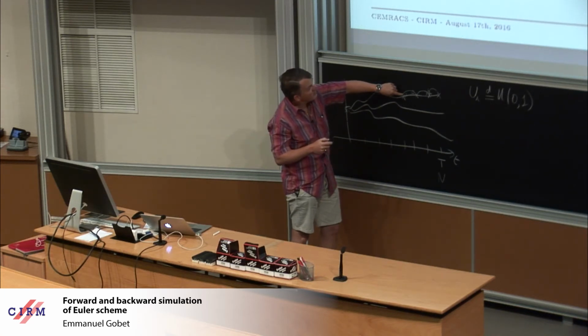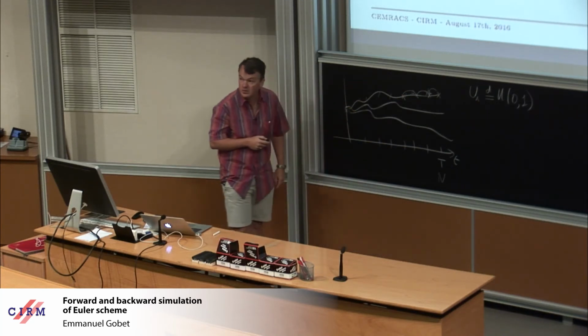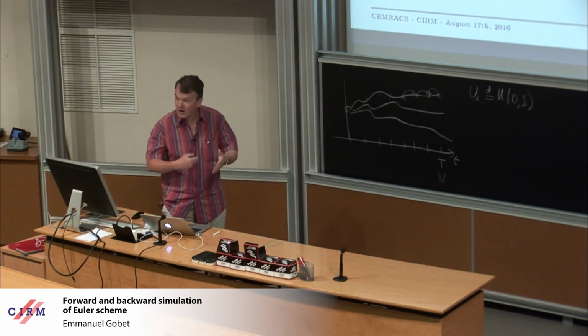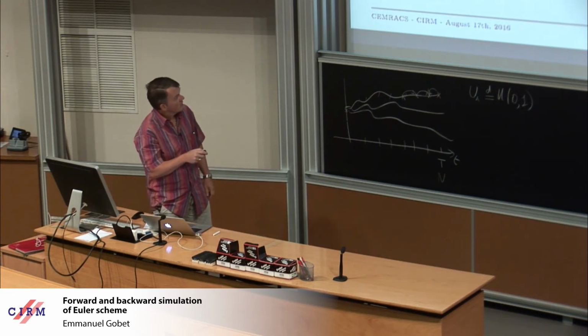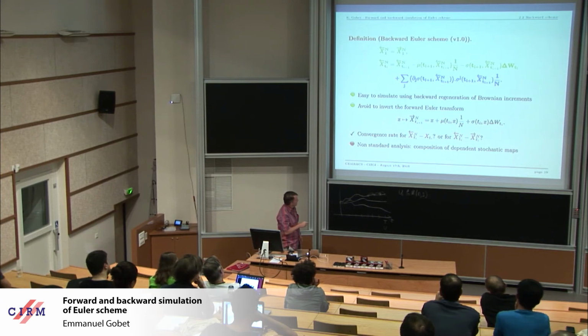But in fact, it is a bit complicated because here the Lipschitz constant of this function is random, because of the Brownian increments. So it's not clear that you can invert this quite easily and quite efficiently. So what we prefer is directly to have this backward approximation. It avoids any Picard or iterative procedure just to find the zero of the difference of the two terms here.